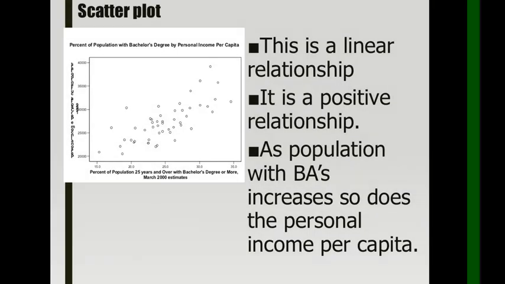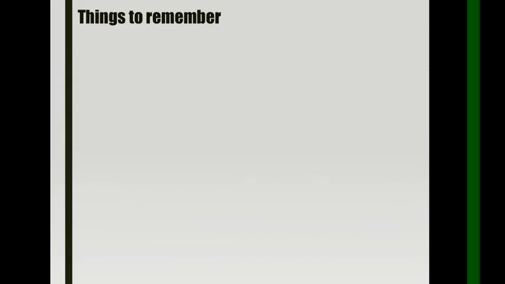This one is a linear relationship. It is a positive relationship because it's going upward. As the population with BAs increases, so does the personal income per capita increase also. So ito yun. Okay, this is a sample. A percent of population with bachelor's degree by personal income per capita. Okay, now this one,